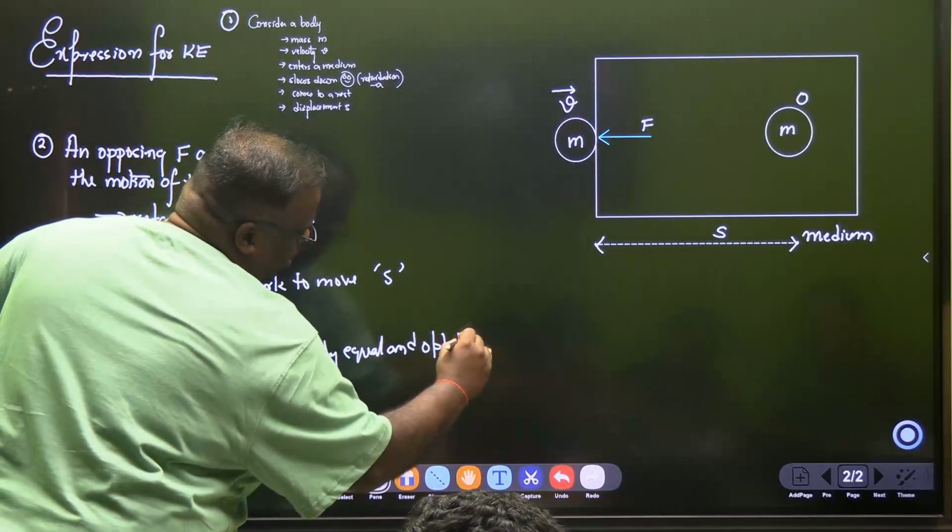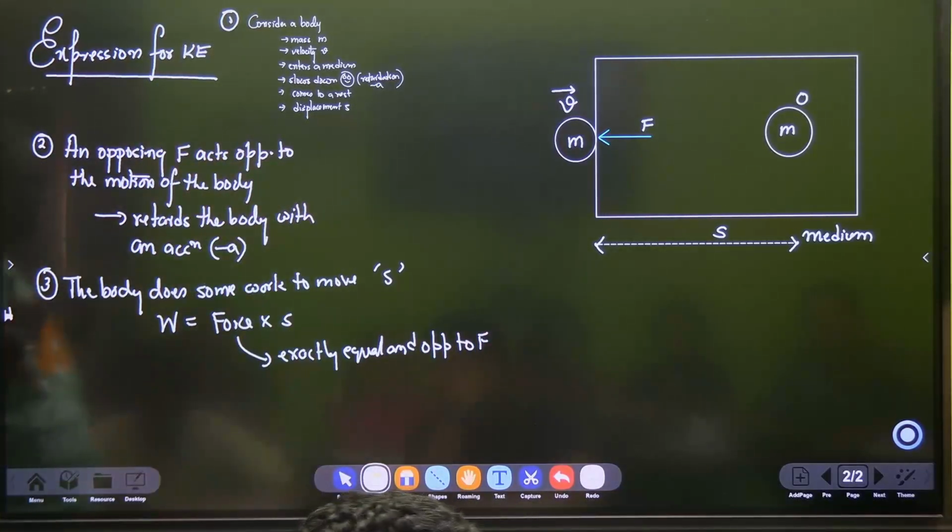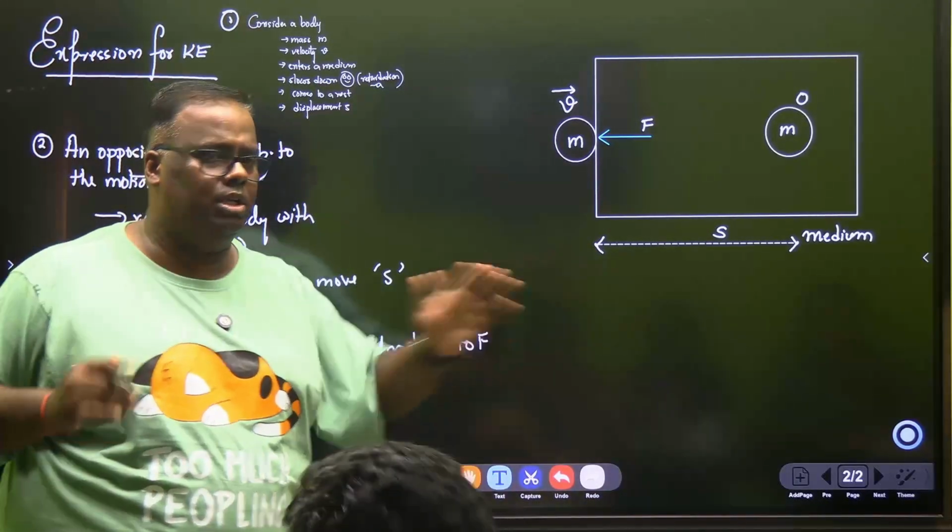Someone is opposing me, still I want to enter, so I have to oppose